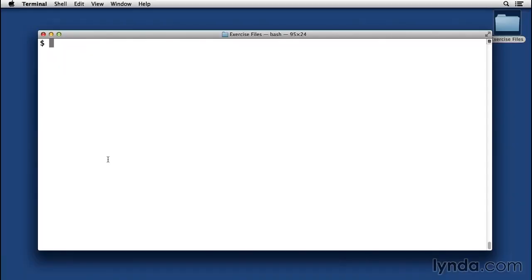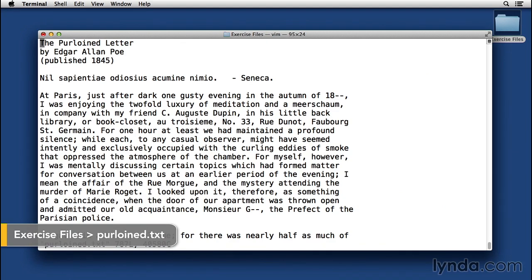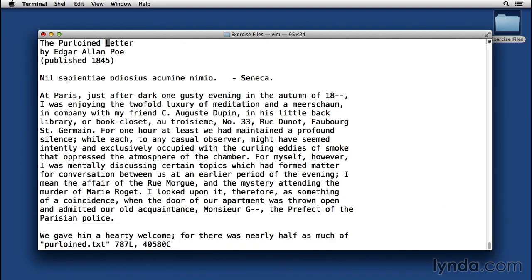So let me demonstrate these. We'll edit our Purloined Letter file. So I'll type W to go forward a word. W, W, W. You can see that it goes past the end of the line when necessary. W, W, W, J, J, J, J, J. Now here I'll demonstrate the difference between W, that goes forward to the beginning of the next word,